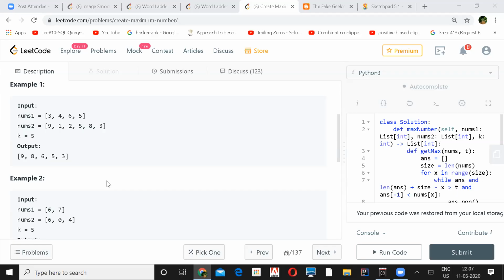Monotonic stack works when we have more numbers than required, because there we try to get the maximum digit, right? Here we have k equal to 5 and a total of 5 digits in a decreasing sequence. Yeah, that is true. I started with that, but I got stuck there. But they are using a monotonic stack in a slightly different way, I think.